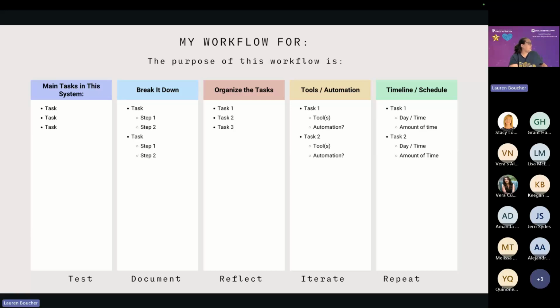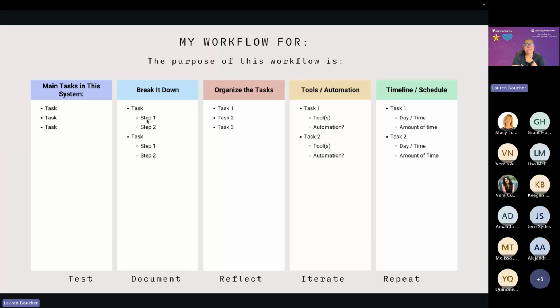So the Magic To Do tool. In Goblin Tools, Magic To Do, you just give it a task and it'll break it down for you. Obviously you're going to want to double check that, make sure there's nothing that you specifically need to add in or take out. And then once you've identified your main tasks, it's time to break it down.